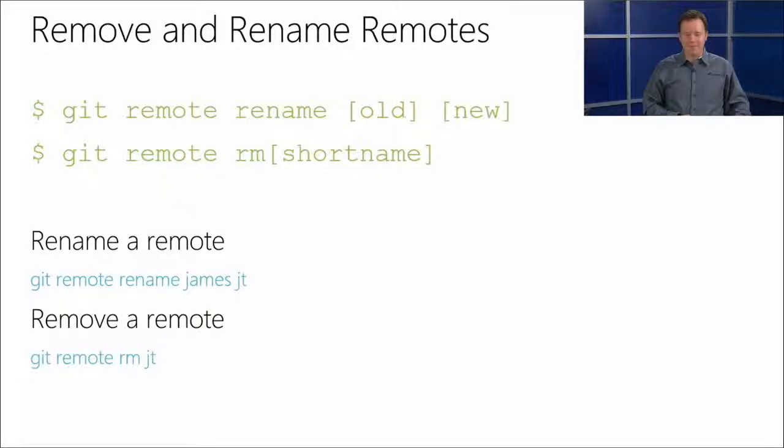Remove and rename remotes. Again, you can download these slides and take a look at that. Or just git remote --help. It opens the help up into a web page and lets you go look at that stuff. All the help is right there. Granted, it's pretty complex. There's a lot of powerful stuff there. You can do so many things that sometimes it's 25, 30 printed pages of things you can do with